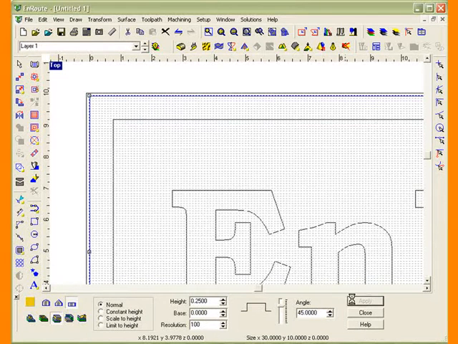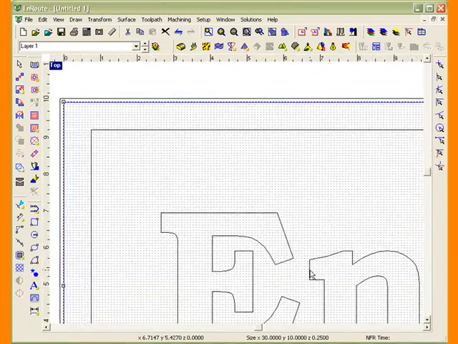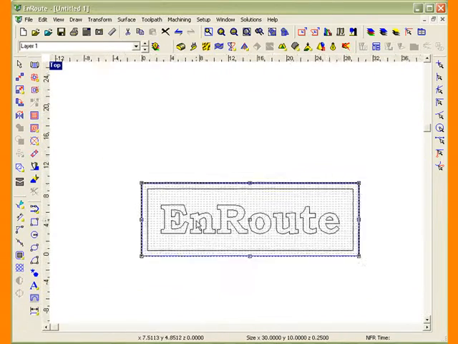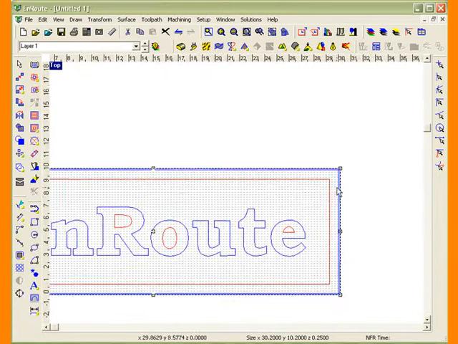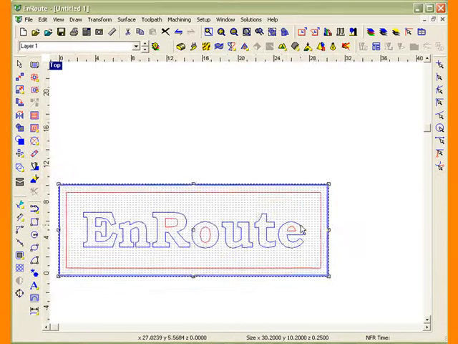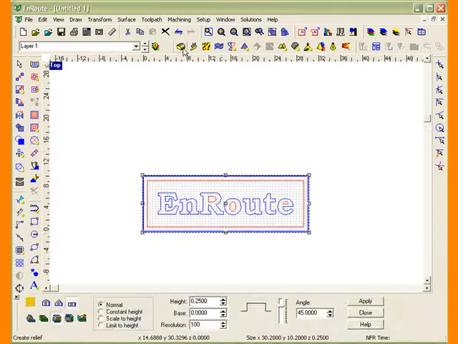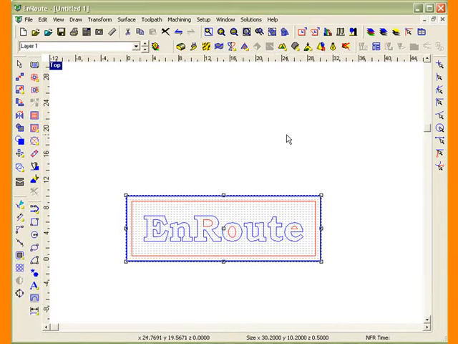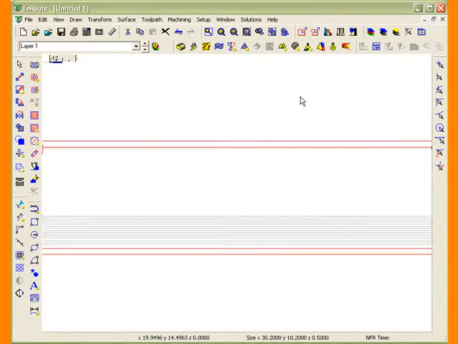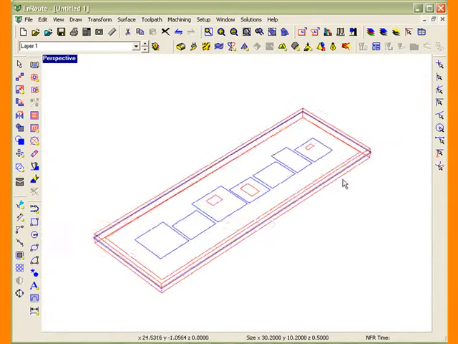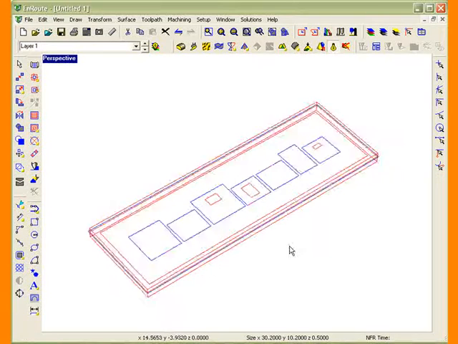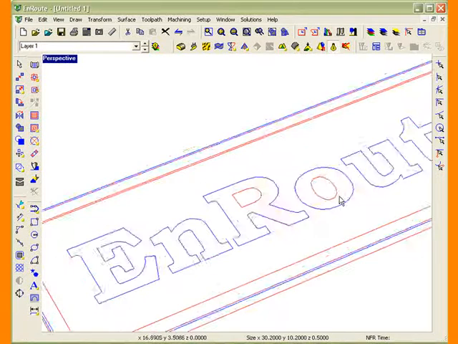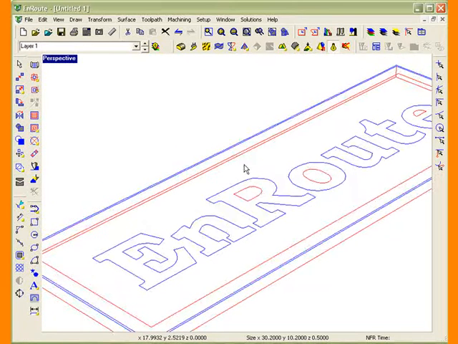Now I'm going to take all the shapes here, which are the outer container, the border, and then the text. So I have blue to red, and then inside of blue, I'm going to go back to create relief, and I'm going to add on another 1/4 inch. So what I have on screen right now is 1/2 inch thick. And let's hit F12 here and bring up this perspective view and zoom in, and we can see it is almost like we did an island fill with a 0.25 depth and created this 3D